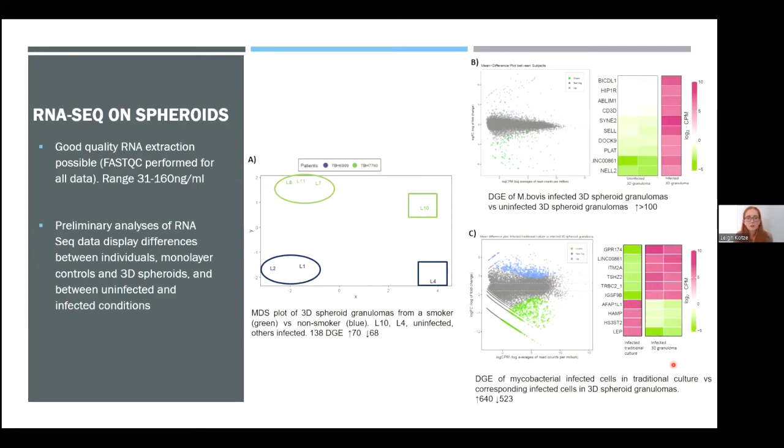So analysis of the top 10 differentially expressed genes for the difference between the 3D granuloma and our traditional culture showed that 3D granulomas augment the transcription of proteins related to inhibitory synapse development, neuropeptide receptors, zinc finger transcription factors, actin filament proteins, and T cell activation. And this suggests that the differential gene expression due to geometric and spatial organization of cells